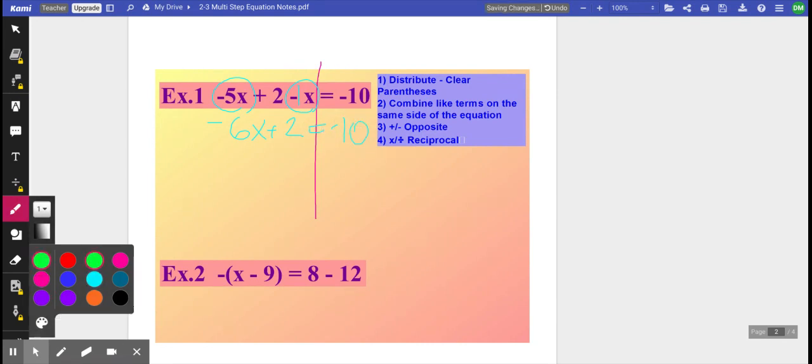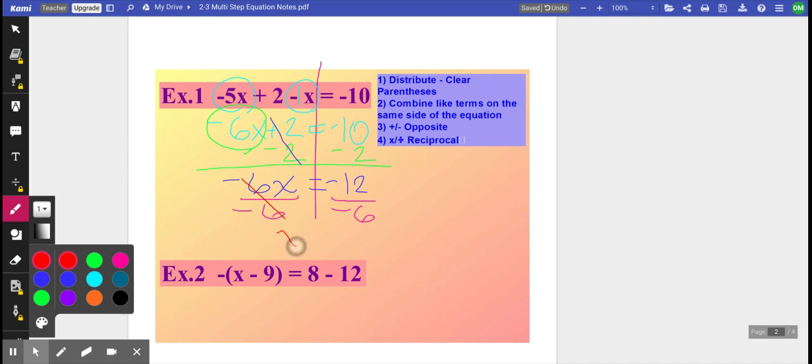We now have a two-step equation. I circle the term with the variable. I get rid of the term that's not attached. I do the opposite first, minus 2. I'm then going to write a new equation, negative 6x. This cancels out, it makes 0. I owe 10. I take away another 2, so I owe 12. And then on our final step, remember we want our x to be positive, so I need a 1x. So I use the sign because a negative divided by a negative is a positive, and we have x equals